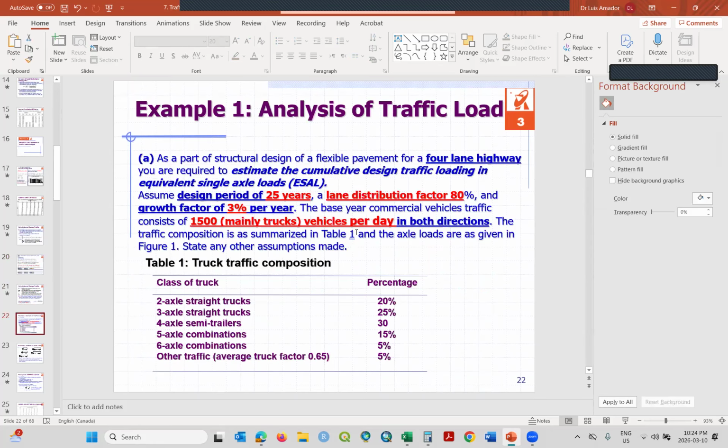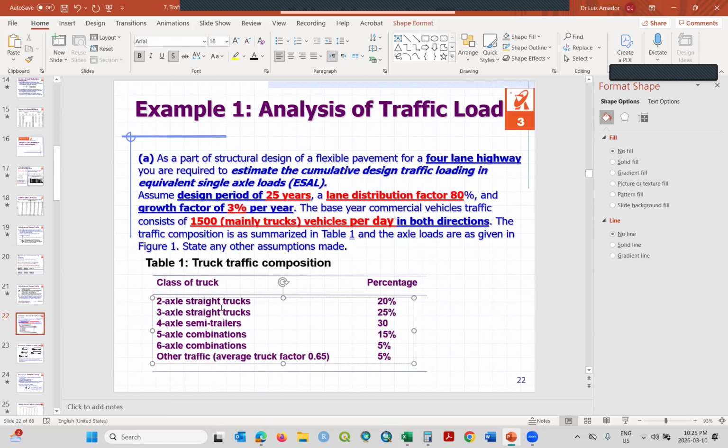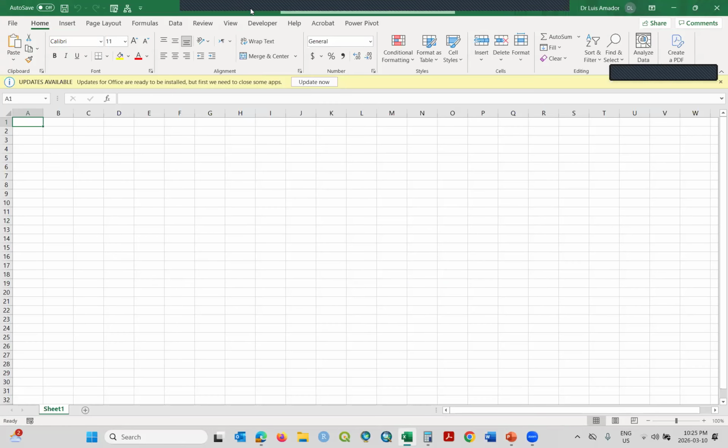So we know now how many trucks we have, and these are the percentages that we have for different types of trucks. So we have 2-axle trucks, 20%, 3-axle, 25%, 4-axle, 30%, 5-axle, 15%, 6-axle, 5%, and the rest, which could be buses, garbage trucks, fire engines, and so on, 5%. Okay, so we can actually use a little Excel,